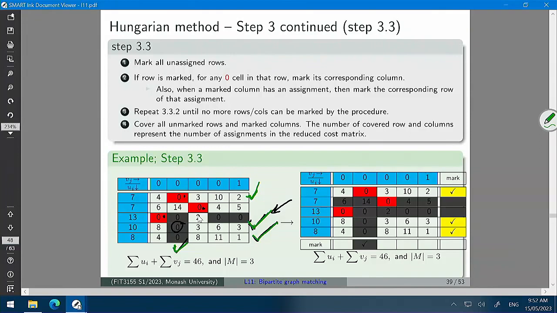Is there a 0 in that row? Yes, it's this 0. Now pick that column, but the column is already marked because you marked it previously, so there's no point marking again. And if it were not marked, you would have picked it. You would have picked if there is an assignment in that